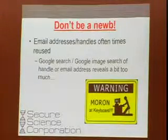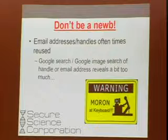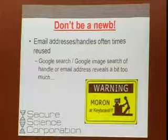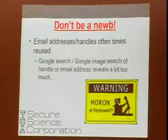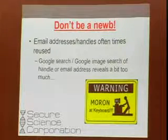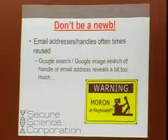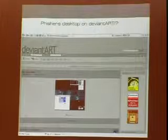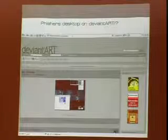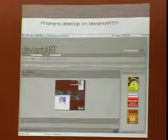Now, this is a little message. This is kind of a conflict of interest, but I spend hour after hour after hour at work looking at these scam kits, and it gets kind of boring. Googling these email addresses that people are using, we're finding some pretty ridiculous things. Namely, that they're reusing personal email addresses or handles, not just on the phishing sites themselves, but on hacker forums where they're talking about their phishing exploits, and maybe they let personal information slip about themselves. This particular individual is a phisher who was so proud of his DeviantArt page that he put a screenshot of his desktop using his hacker handle, using the email address to phish from,